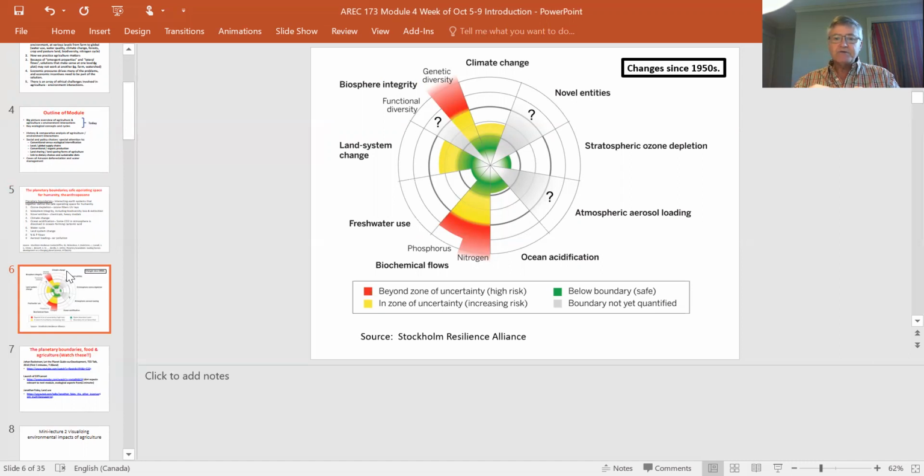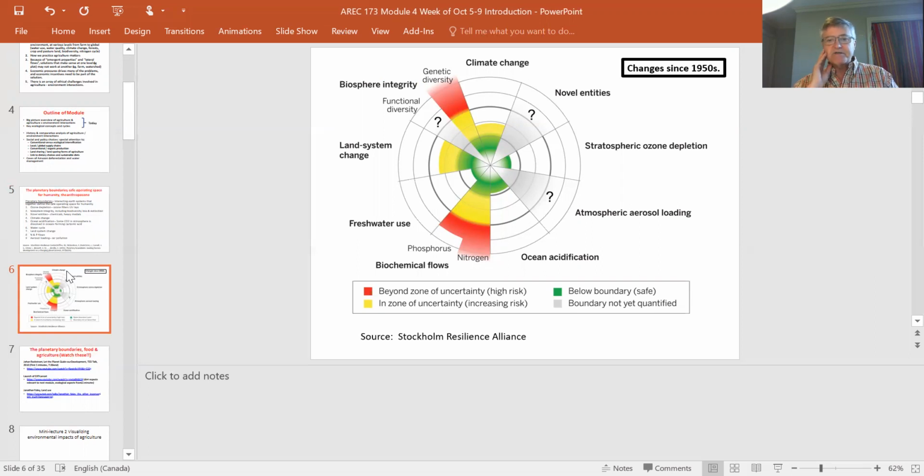In these two other areas, genetic diversity and the phosphorus and nitrogen, we're in the red zone already. We are clearly having long-term negative effects by what we're doing. We're reducing the number of species, and I'll give you some statistics in a minute. We are causing irreversible changes to the nitrogen cycles and also to phosphorus.